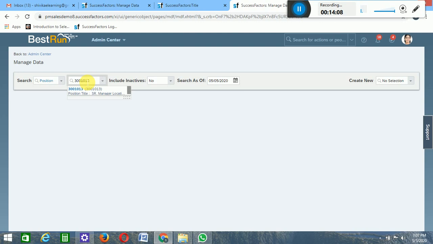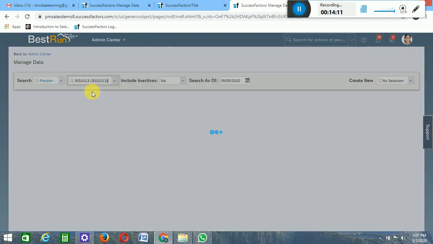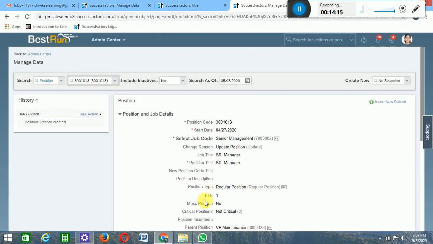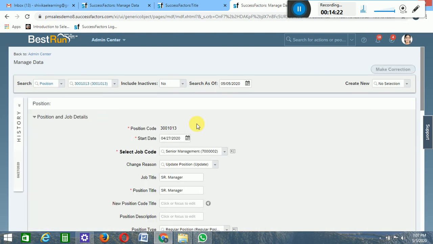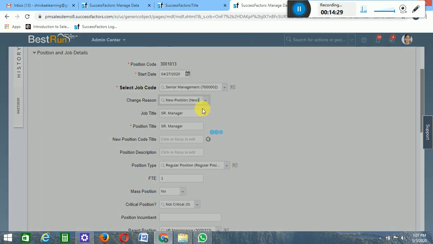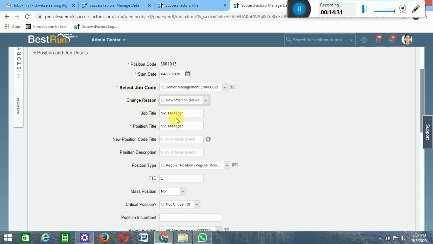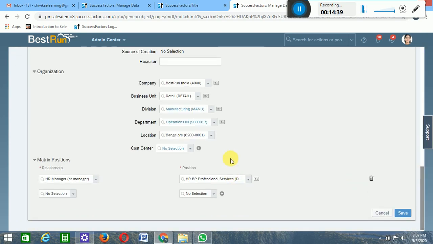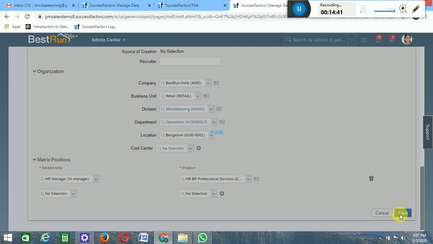This is the ID for that transaction. So I am reopening that particular position we created. See, this is the position we created. If you are making any correction to this, like for change we have taken a new position, or we can change the job title and everything. When you make any change in any of the fields, the workflow should get triggered. So we have changed it and we are saving it.